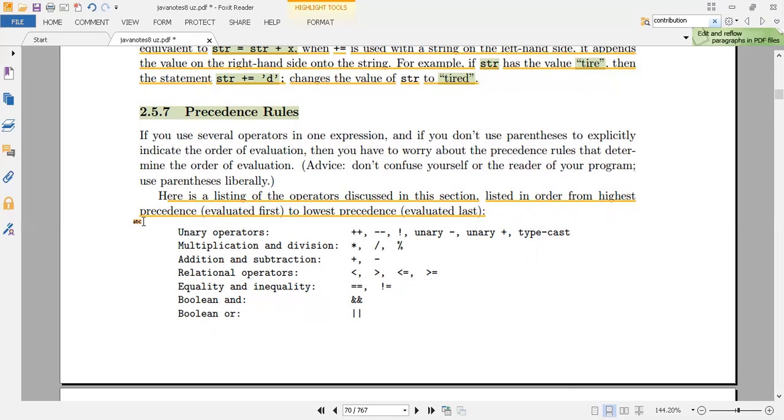Just I want to repeat fast. Here is a listing of the operators discussed in this section, listed in order from highest precedence, evaluated first, to lowest precedence. So highest precedence means it is